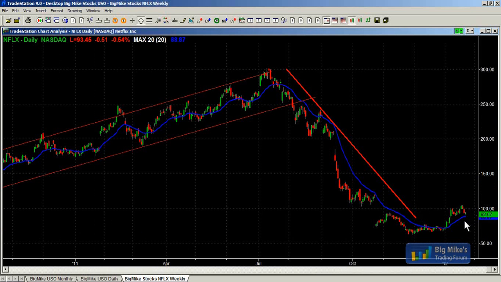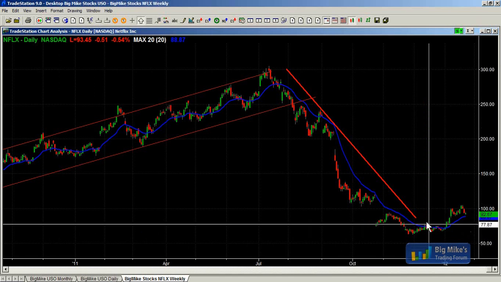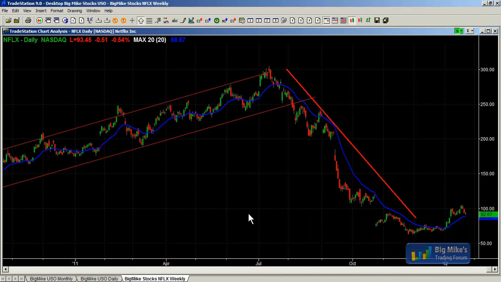I suspect that we're in the process of forming a major trend reversal and that there'll be buyers somewhere down in this area, around the 80 area, testing these highs. And the market probably will have at least one more leg up. All right, I covered what I wanted to cover. I just wanted to go over several of the major markets on monthly, weekly, and daily charts, just talking about them the way that I look at them and the way that I'm looking for trades.